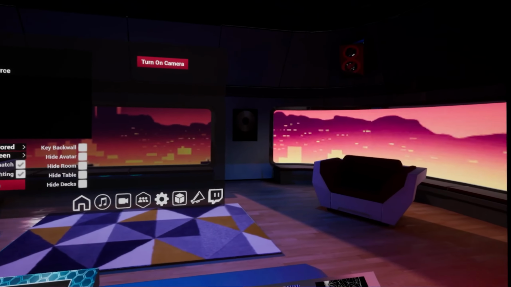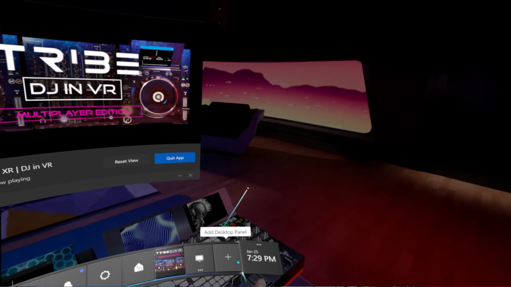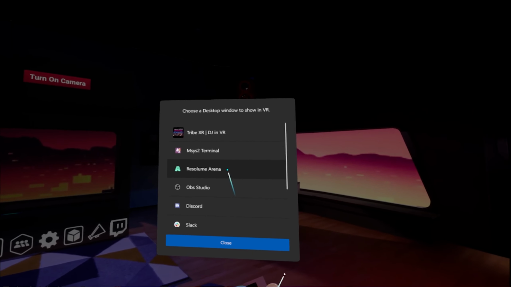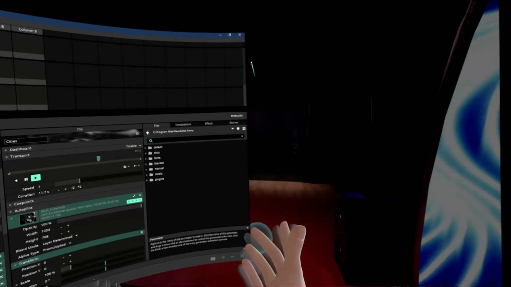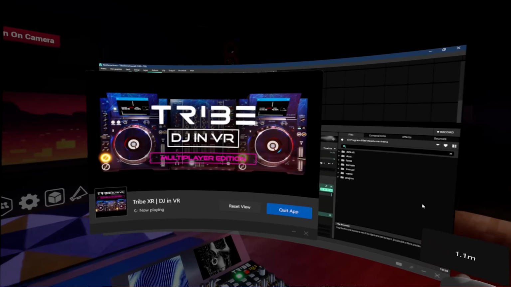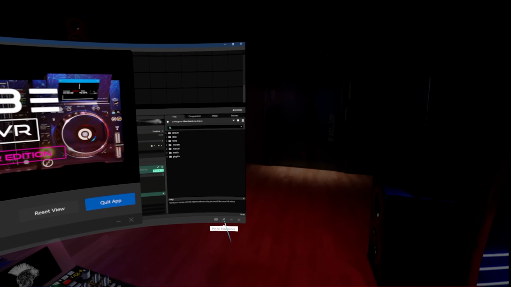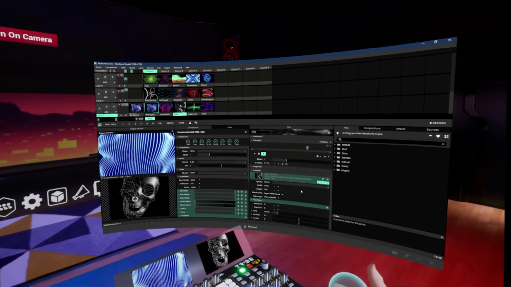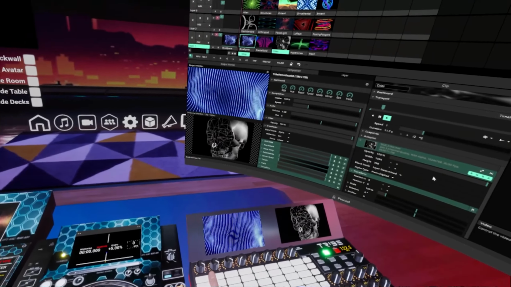So to do that, we can use Oculus Virtual Desktop. So if I go to the Oculus menu, I'm actually just going to click Add Desktop Panel and click Resolume Arena, and there's my Resolume screen. I can use the grip button to position it, so I'll move it back, put it there, and now I can just click Pin to Experience, leave the Oculus home menu, and now my Resolume screen is pinned in Tribe,